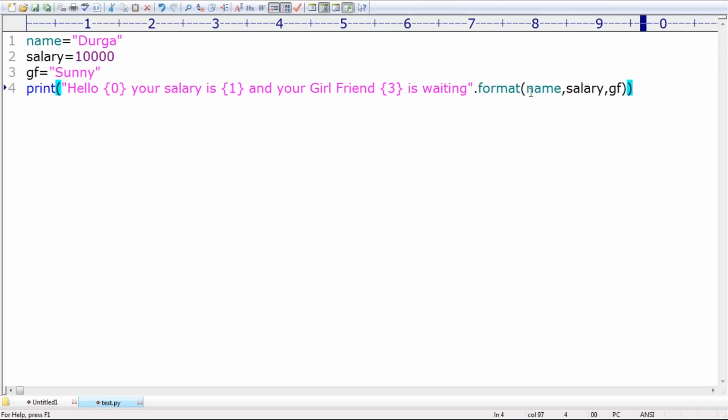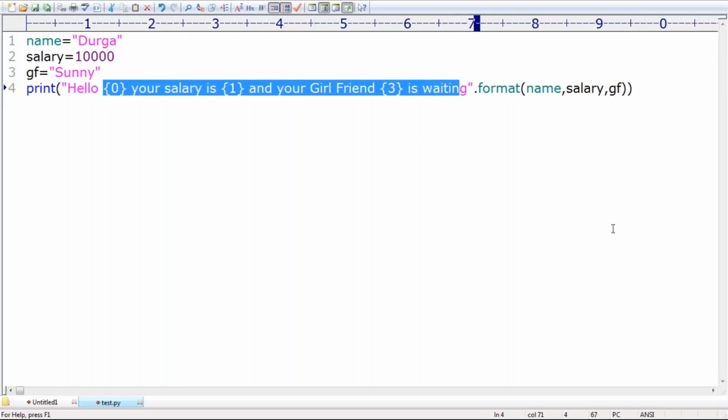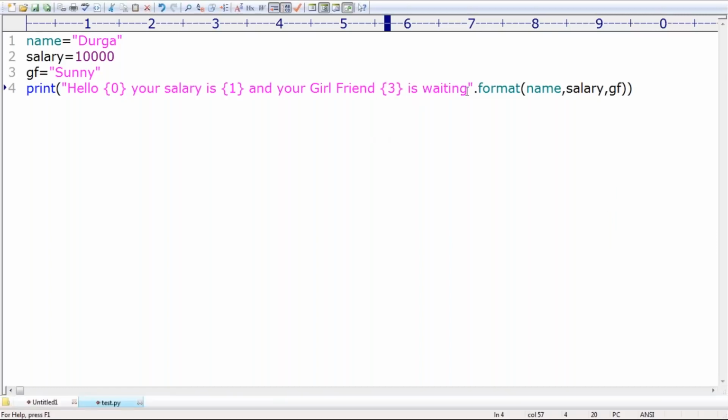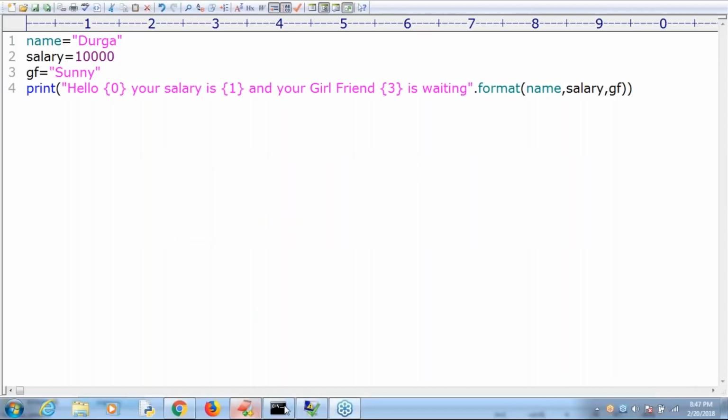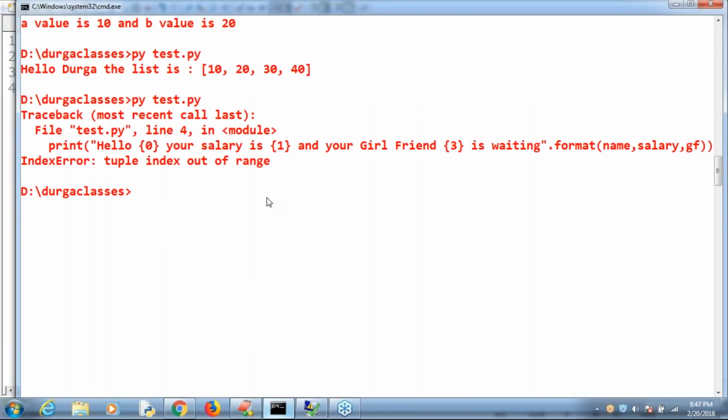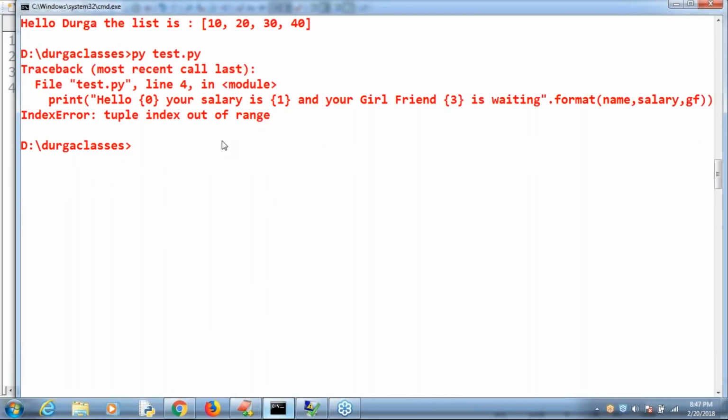That's all. This is about the replacement operator, and how you can use it with format. This is the functionality of string dot format. Remember. Let me run this code. What is the output we are going to get? Have a look. Tuple index out of range.